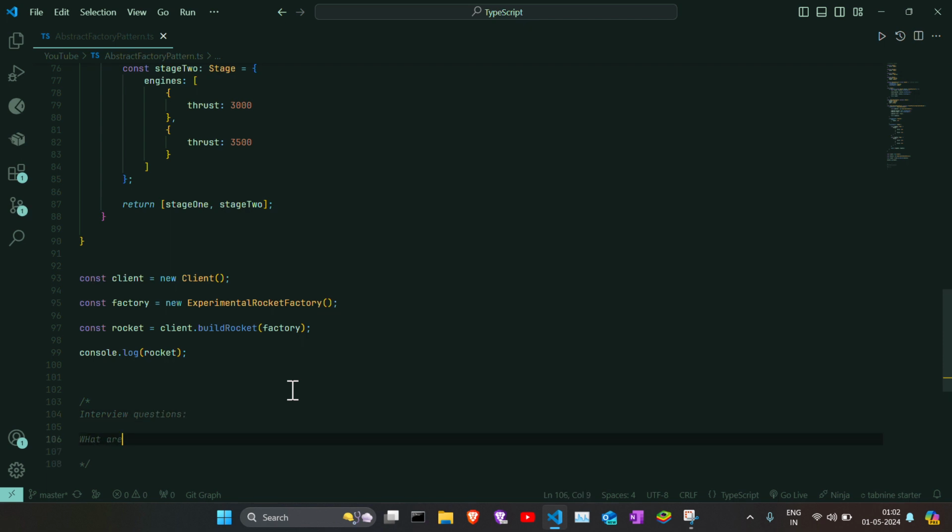What are the disadvantages of the abstract factory pattern? So disadvantages or criticism. Basically the interviewer is only asking you when you will not use it. See, the most important thing is not when to use what, it is when not to use what. Okay. So here,